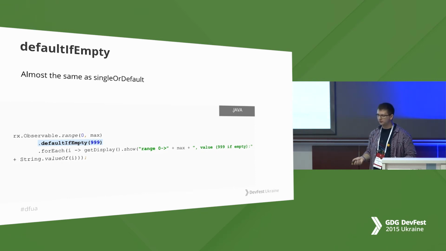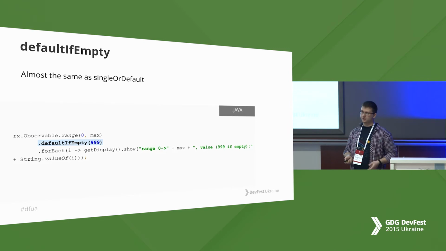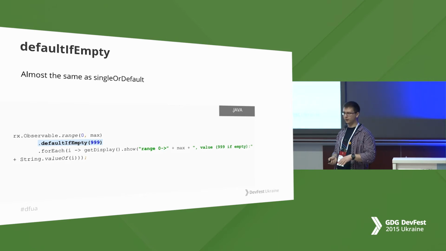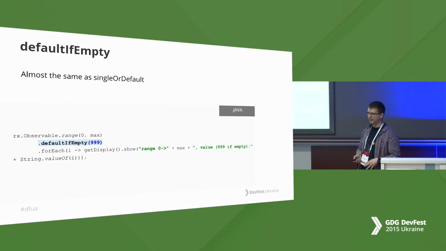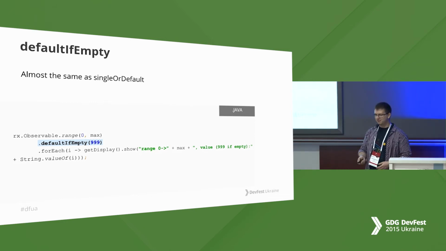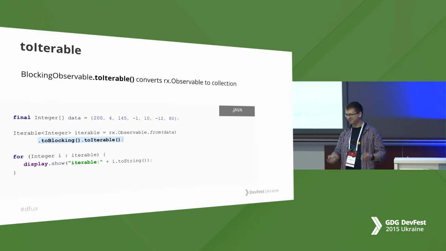The same thing, but with max value. That means that there will not be a single value. And it's not empty because the range contains some values. But if we put there 0 value or something does not come to us, we will return 99. And it would be the default value in case of empty. Sorry, it's really boring, I know.